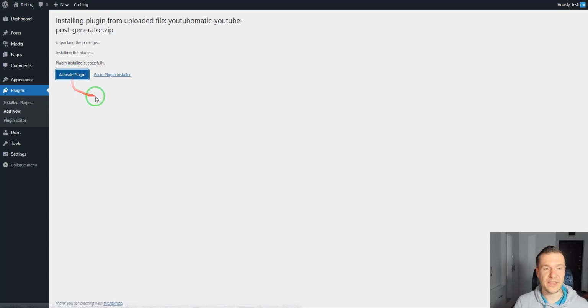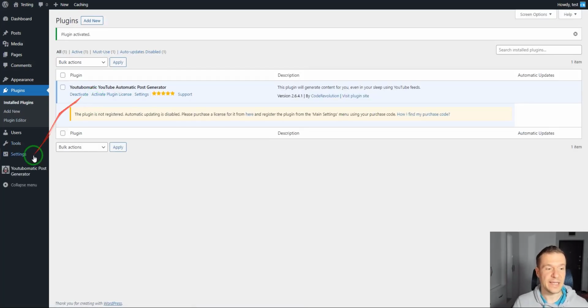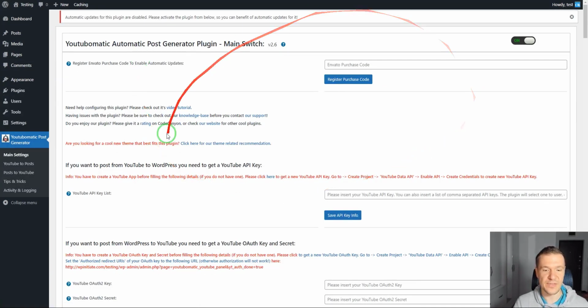So now that everything is fine, click activate plugin, and we can go to the plugin settings. Now we will see this and we can go ahead and configure the plugin. So we have here API key list. We can enter one or multiple API keys in this settings field. To do so, hover over the question mark, click here,